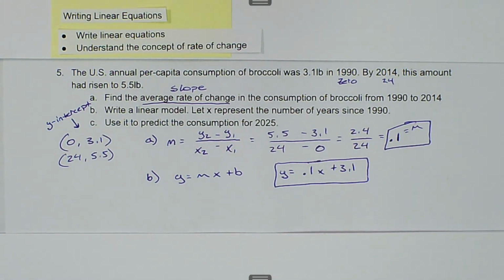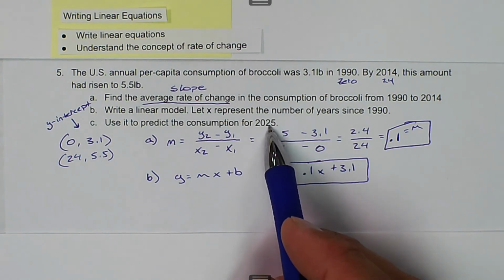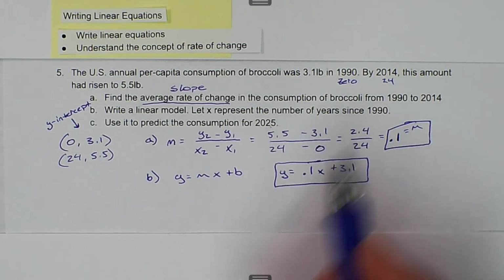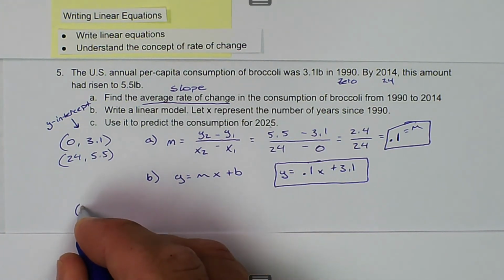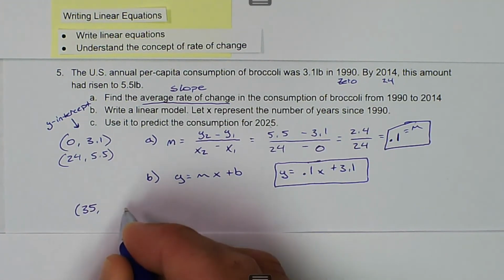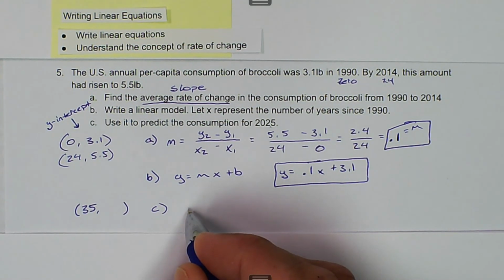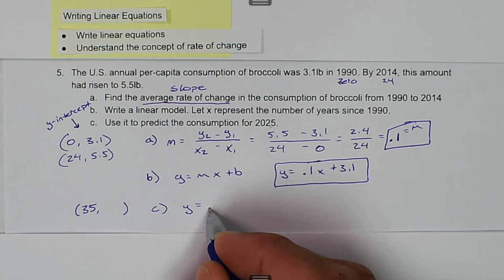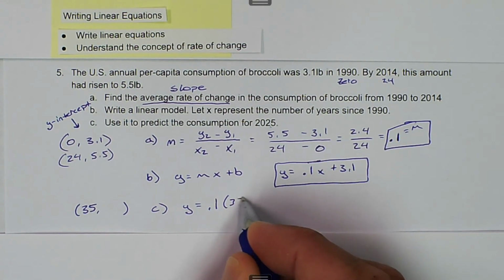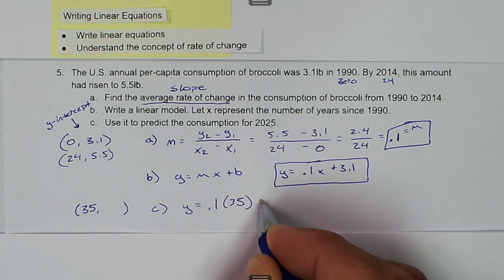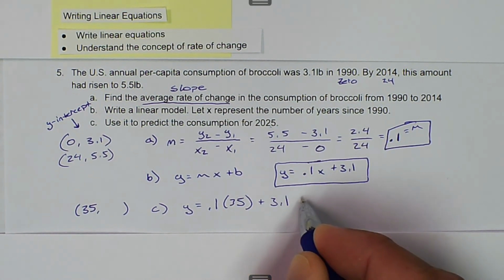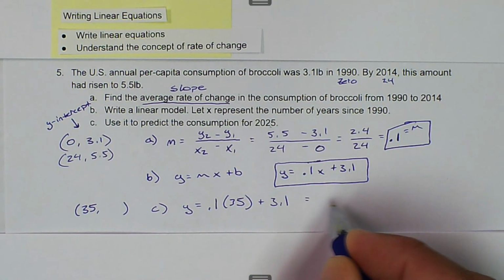Last thing, use it to predict the consumption in 2025. So how many years since 1990? That's going to be 35. So we want to calculate when x is 35, what is our y value going to be? So y equals m, which is 0.1, times 35, plus 3.1. And what we get is y